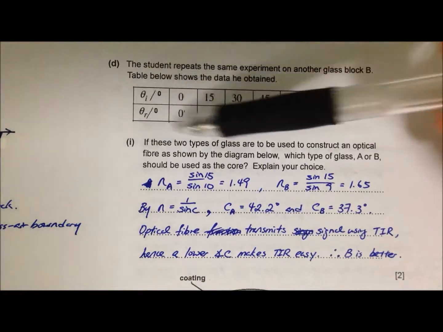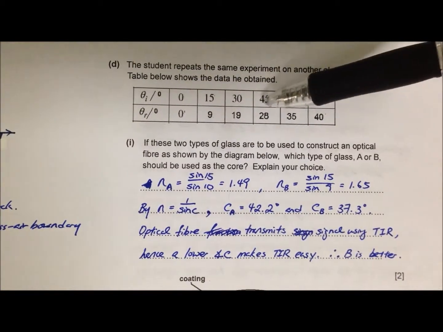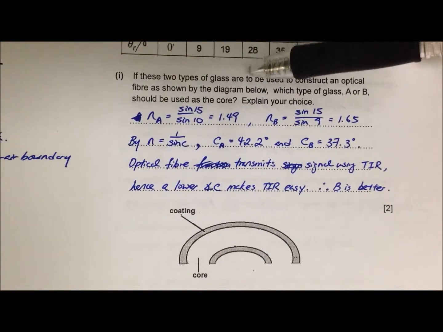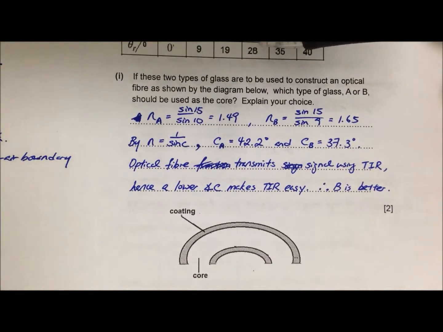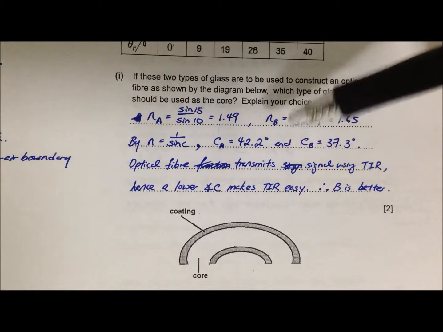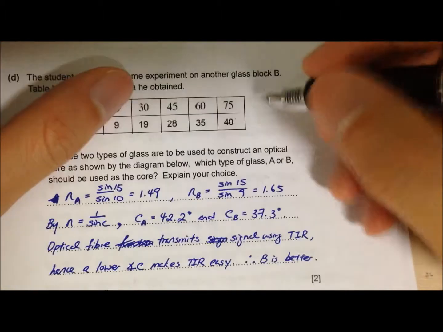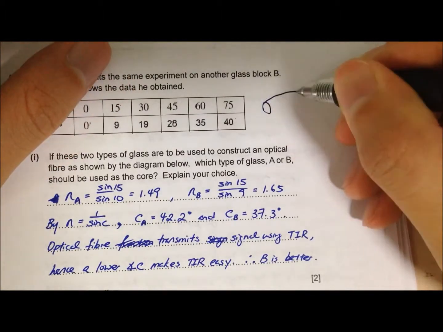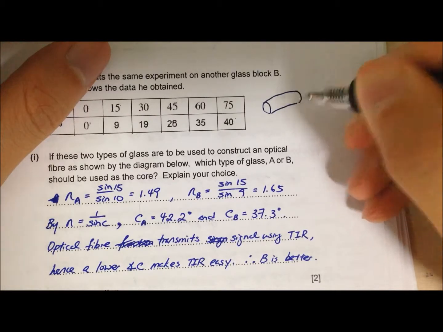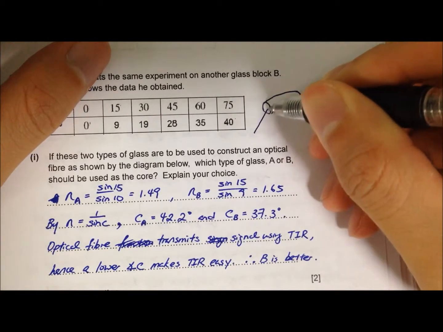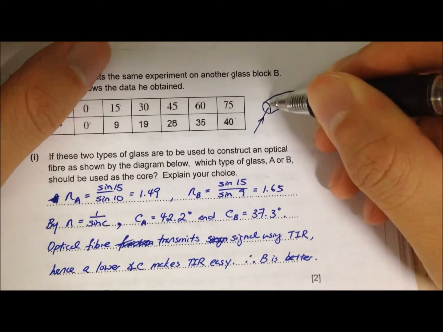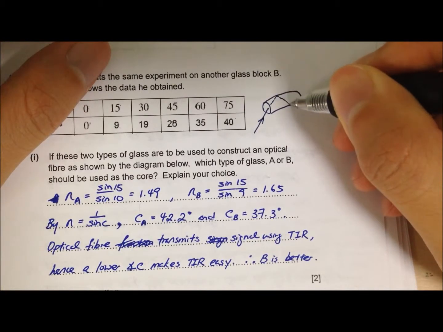Okay, so part D is another set of data from another glass block. Now, what they're asking you is which of these sets of readings makes a better optical cable. So you need to know that in an optical cable, what you are trying to do is shine a beam of light into the optical cable. It is going to go through some